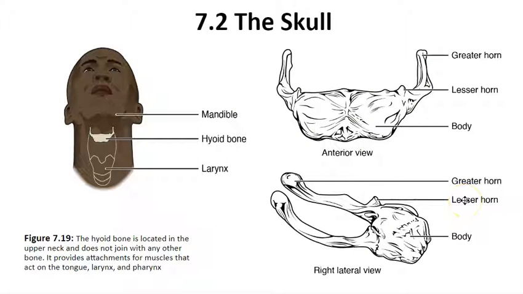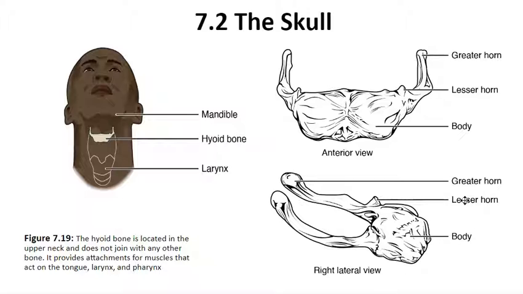And here we have the hyoid bone shown in figure 7.19. This bone is not technically part of the skull, but it's included here because it's located in the upper neck and it doesn't join with any of the other bones in the body. In fact, the hyoid bone is the only bone in the human body that does not articulate with any other